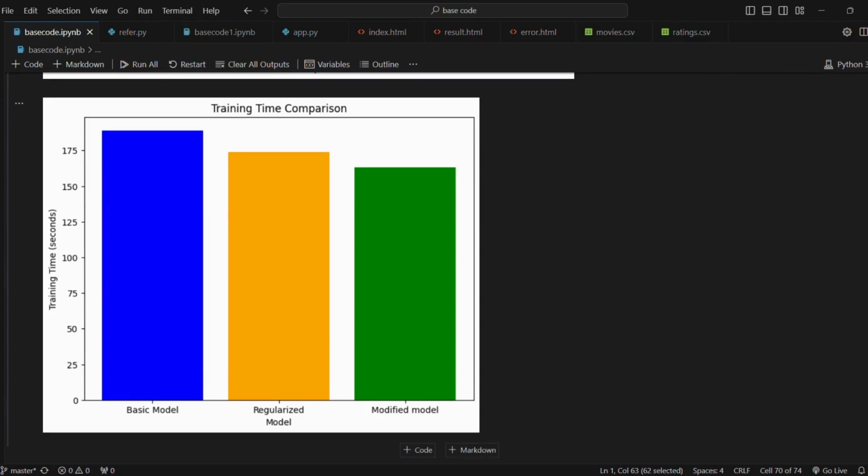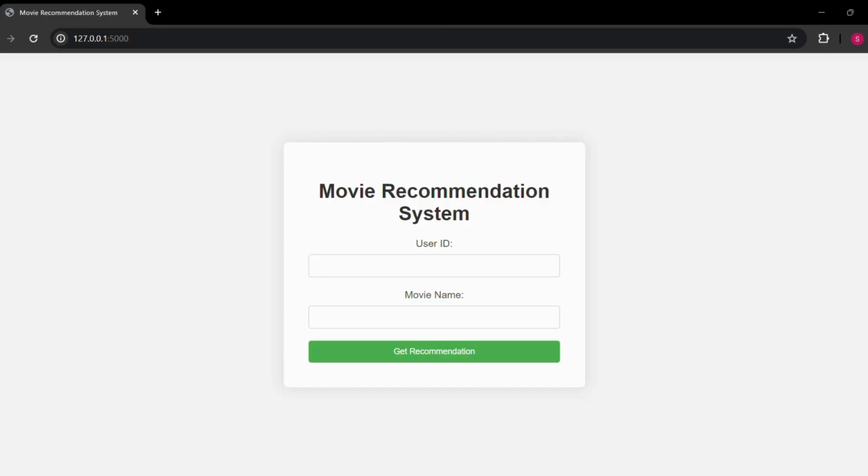And just to show you, we've also created a small user interface. So I'll show you after this coding part. I'll just pause it here. So here's the user interface that we've created to show our model and how it's working. I've already shown you from the previous coding section that our regularized model gives us the best results. So that's the model which is behind this interface.